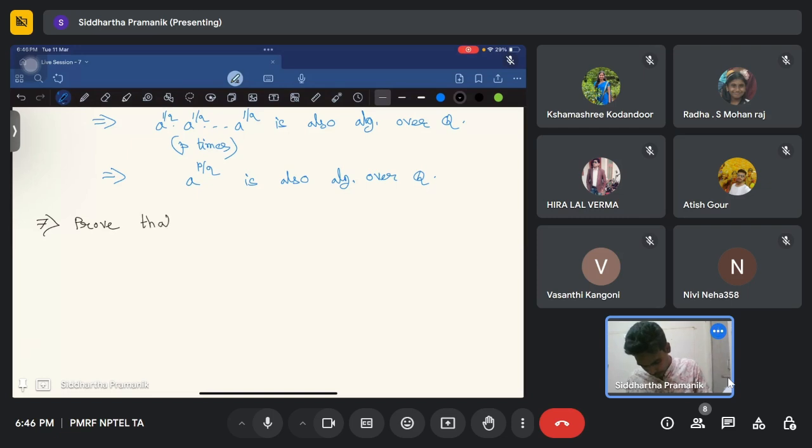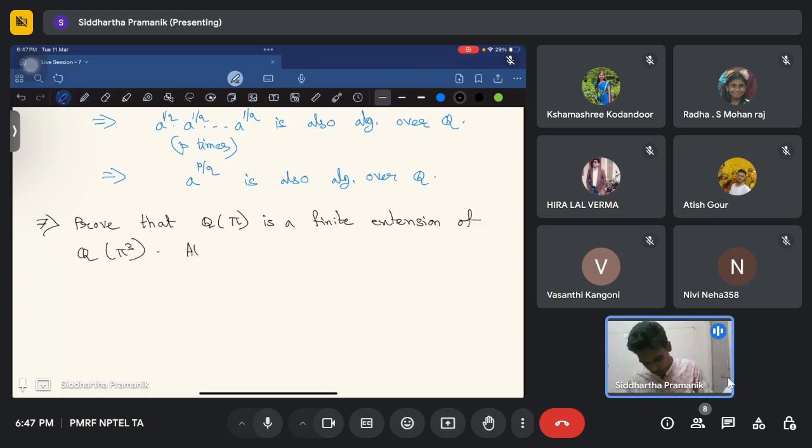Prove that Q(pi) is a finite extension of Q(pi^3),